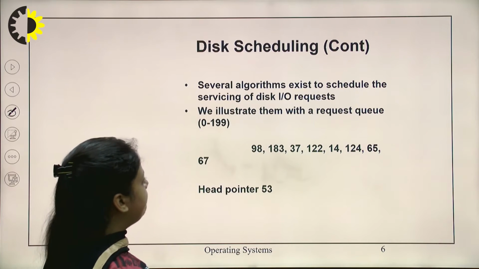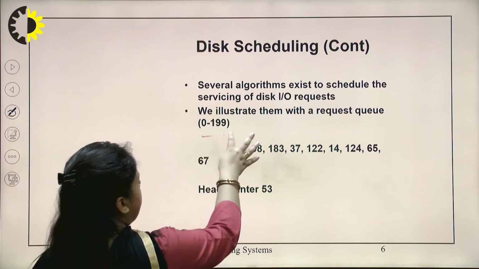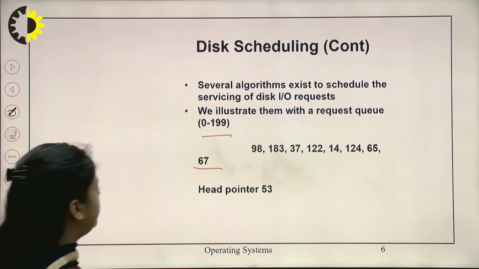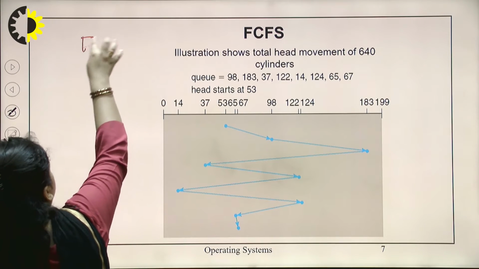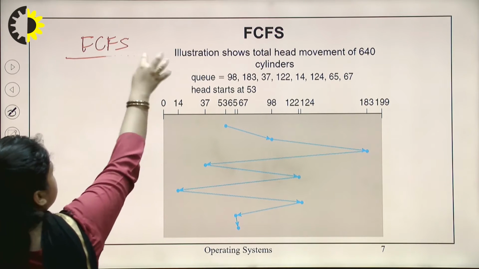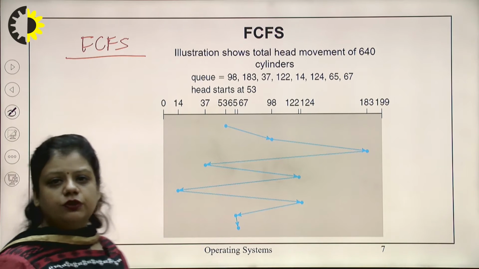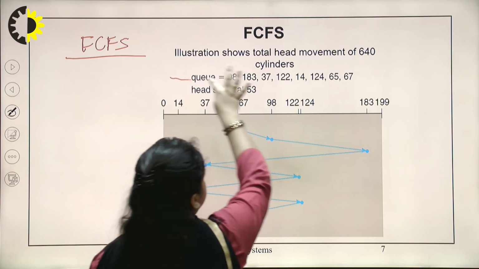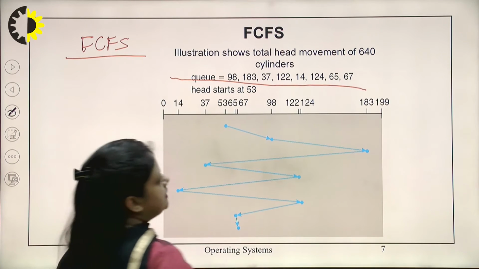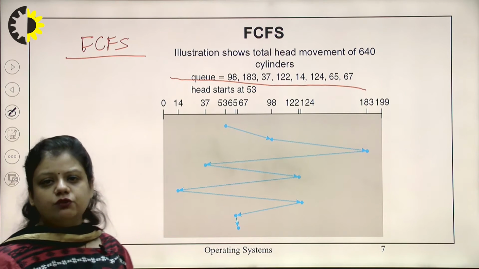We illustrate them with the request queue from 0 to 99. Let's say the head pointer is at 53. So we are going to consider the first disk scheduling algorithm, which is FCFS, first come first serve disk scheduling algorithm. Now it is given in the question that this is the queue: 98, 183, 37, 122, 14, 124, 65